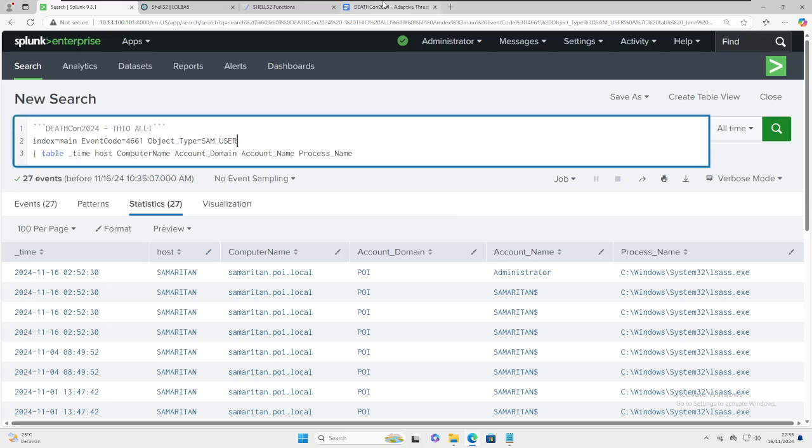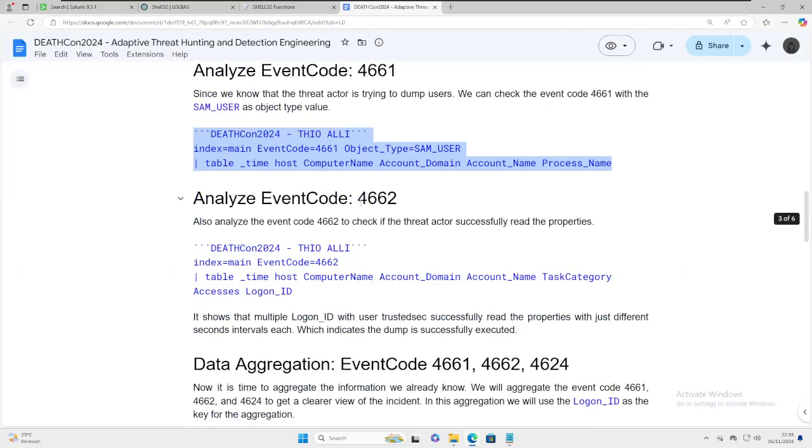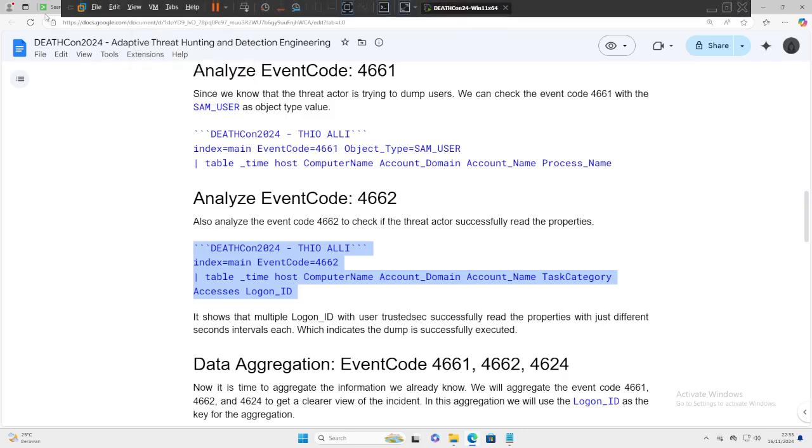Okay, the next one we will check is event code 4662, to check if there was any successful read property by the threat actor.